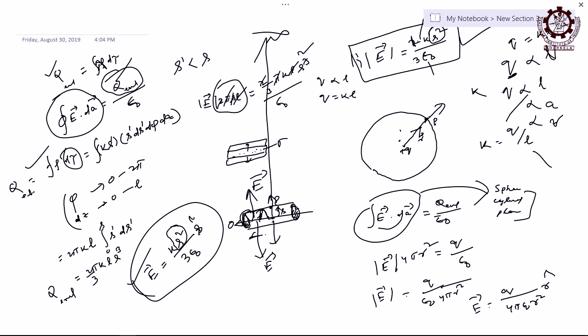Similarly, dimension Q by L. That is why K value is different for different charge distribution. If you take area, then it is Q by area, and if you take volume, Q by volume, accordingly unit is different. Coulomb by meter square for area, coulomb by meter cube if volume, but if linear, coulomb by meter. So that K is not all the time constant, it depends on what kind of distribution is there, whether it is linear or surface or volume.